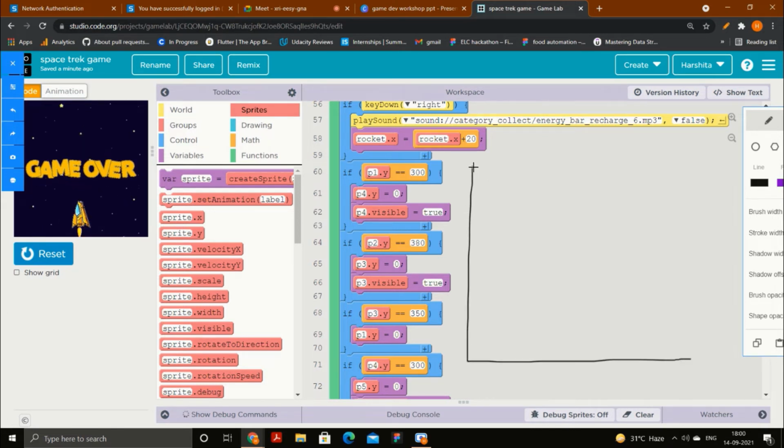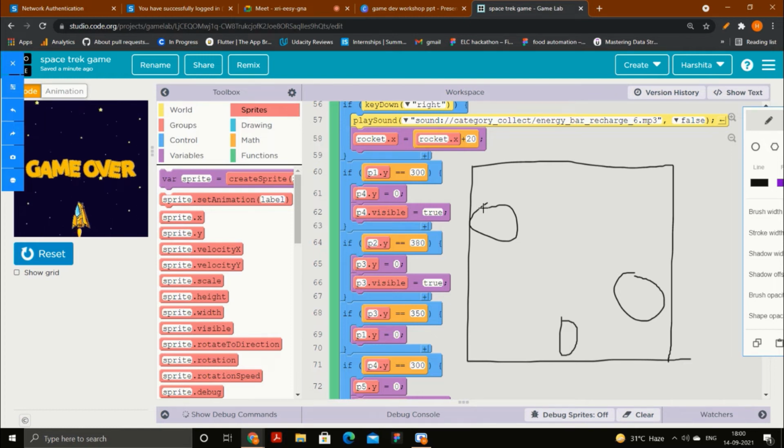This is my screen. This is my rocket. It is starting from the bottom of the screen. This was my first planet, in this area. This was my second planet, and they are moving in a round direction. When the rocket reaches this area, there is no planet here, but still it is showing game over. So that means actually there is a planet. Now you will ask, ma'am, there is no planet, we can see there is just a blank background. There is no planet visible, but actually there is a planet.